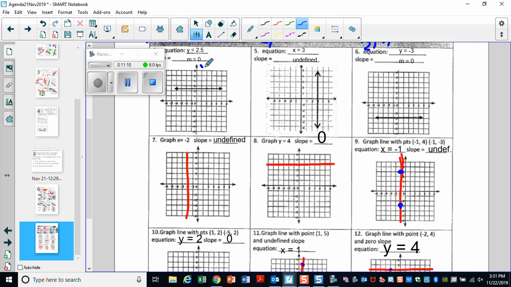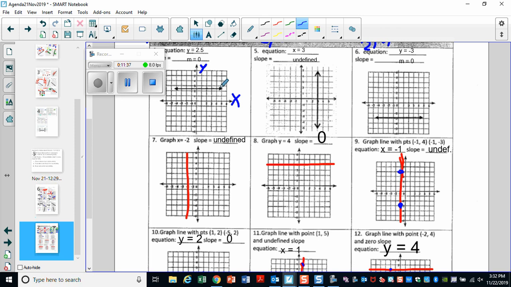So again, y is up and down, x is across. So now if you have a vertical line, which is the case for problems 5, 7, 9, 11, you have an undefined slope. Look for where the vertical line